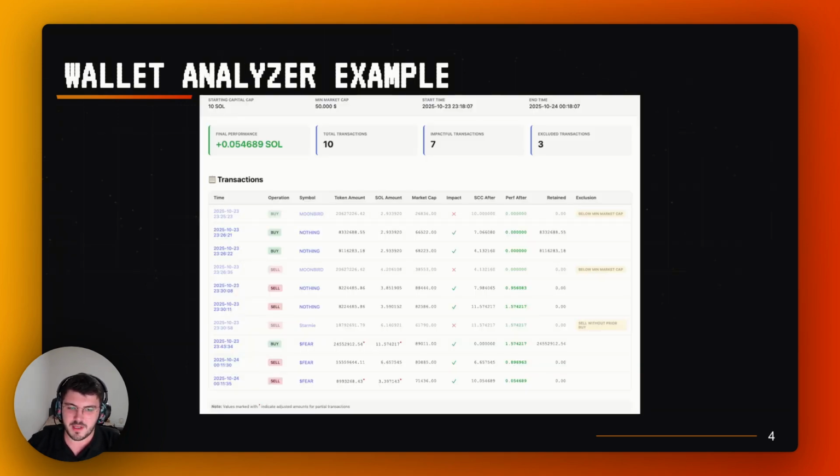Here is an output example generated by our wallet analyzer. The wallet analyzer is designed to handle multiple duels in the same time, even for the same player and the same wallet. After each duel, the algorithm scans both player wallets, tracking only their memecoin transaction according to the duel settings. The duel settings like minimum market cap, starting balance, and duel duration. It computes each player P&L in real time and determines the winner automatically.